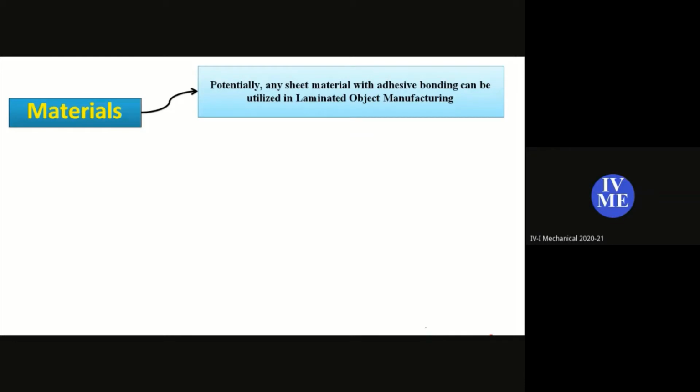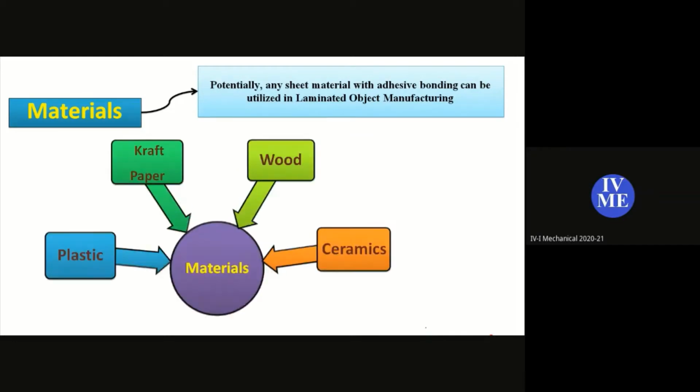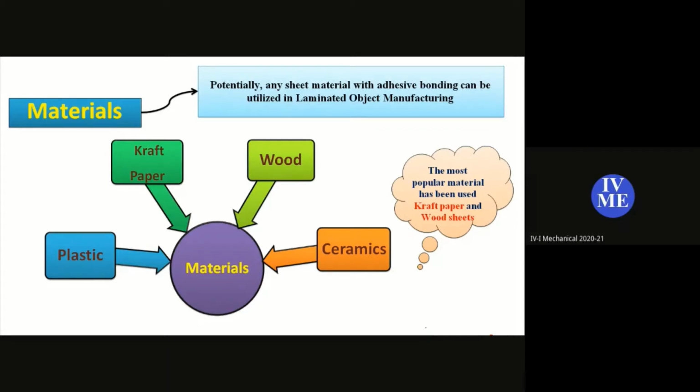Now let's see what materials there are in the environment: plastics, craft papers, wood, and ceramics. Out of these, craft papers and wood sheets are mostly used in this fabrication process. Mostly we use craft papers or wood sheets to develop prototypes. We can also use ceramics and plastics, but the machines are majorly compatible with craft papers